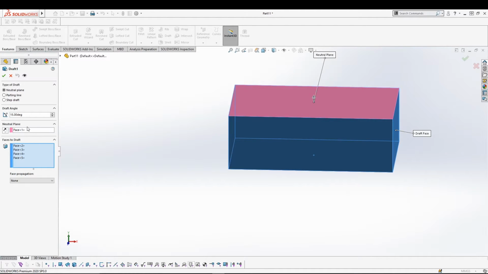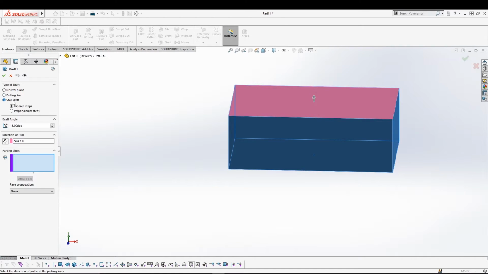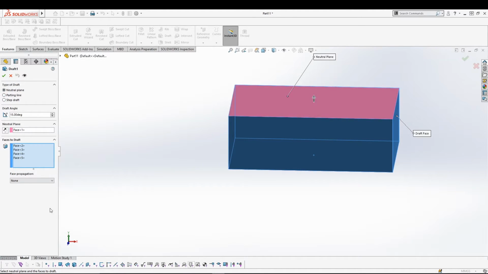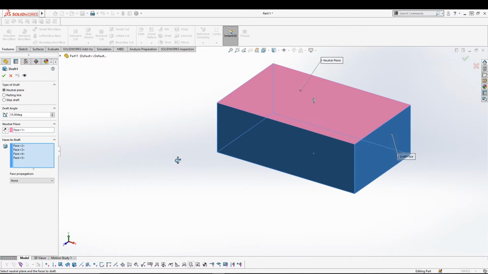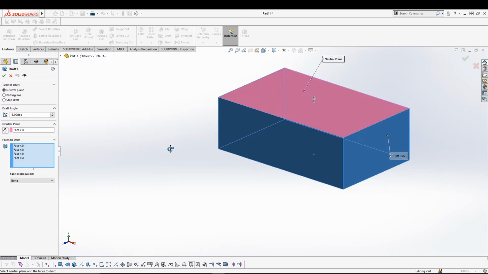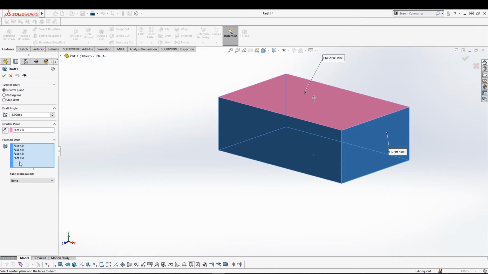And there are a few more tools. You can go for step draft, you can go for parting line. These are more complicated draft, which we will see in our 3D modeling tutorial when we are going to model the exact thing, and we will utilize all these different options of the draft. Alright,